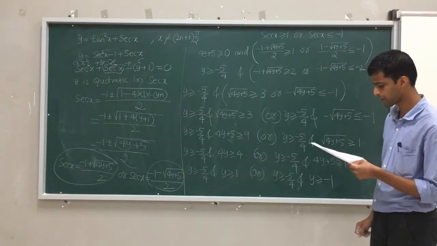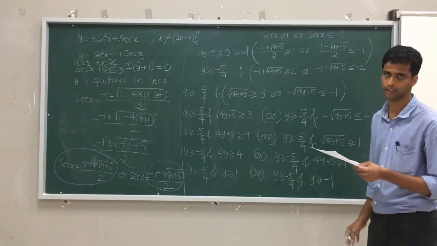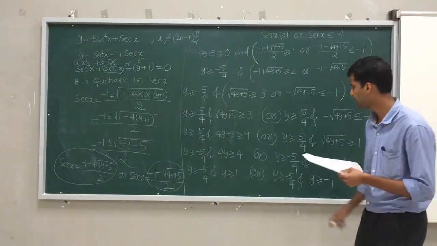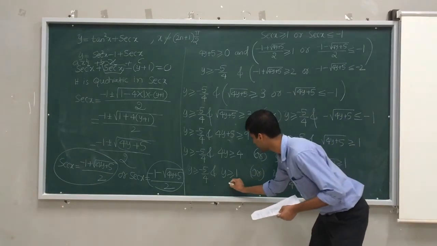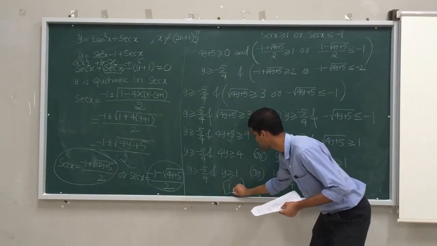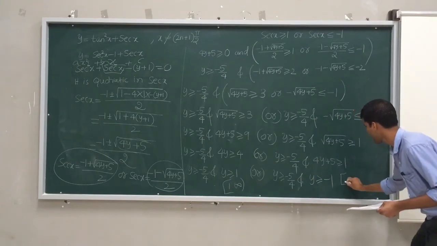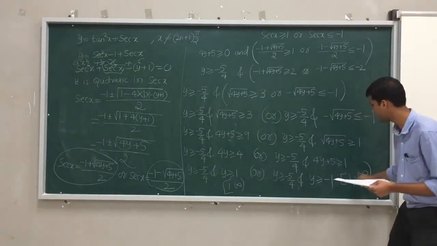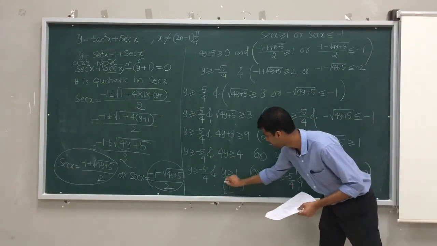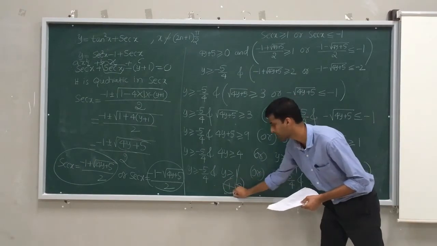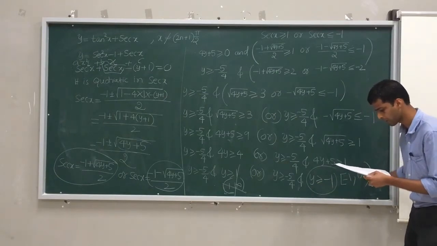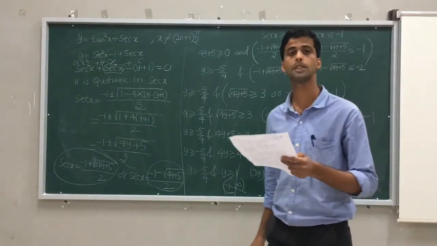And I have the last option as 1 to infinity, which is an open interval. And you studied in set theory, open interval means the end points are not included. But here y is more than or equal to 1 means I can say it is 1 to infinity, which is closed. y is more than or equal to minus 1 means I can say minus 1 to infinity. In this, which is suitable? They have given both, but in the option they have given it open. So open means this is not the right answer. This will be the right answer, that is y is more than minus 1, minus 1 to infinity. Therefore, for the 35th question, option C is the right answer.